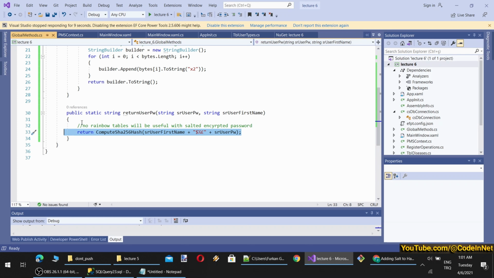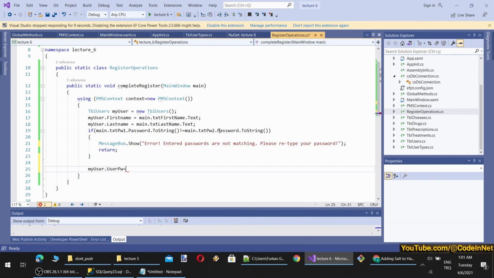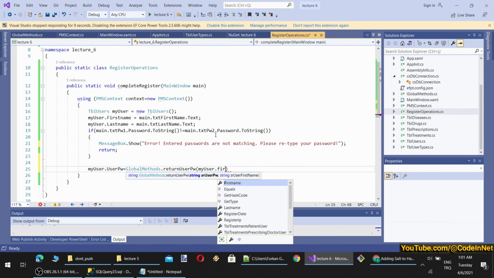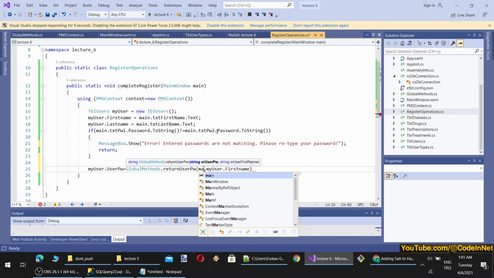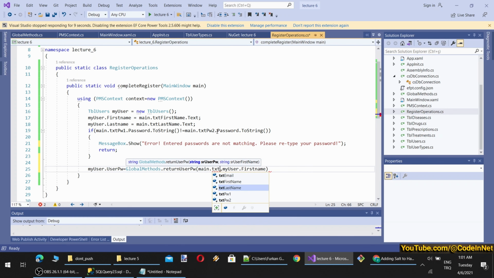Where is our register? Here. Then we will get the user password as this one. PV equal to global methods dot return user PV, and it will take my user dot first name and password here. Okay, main txt password text.